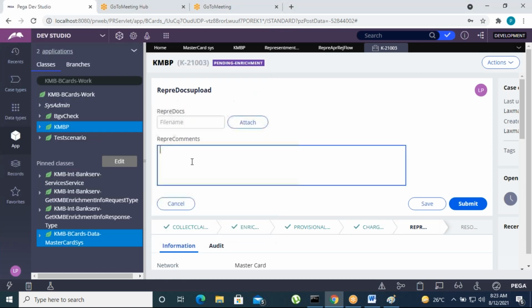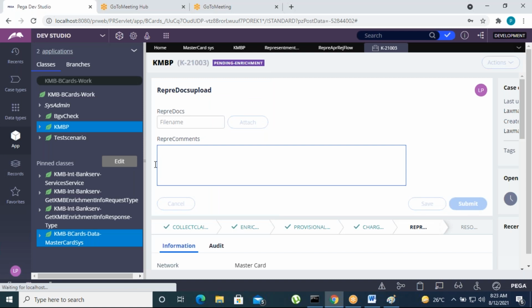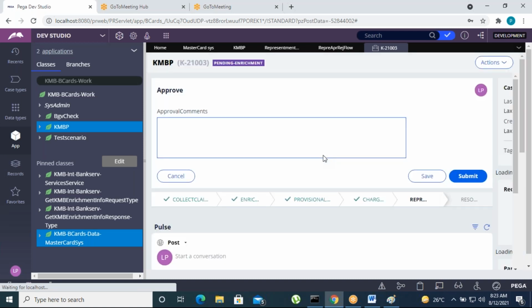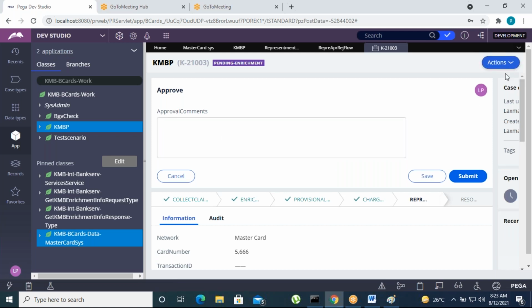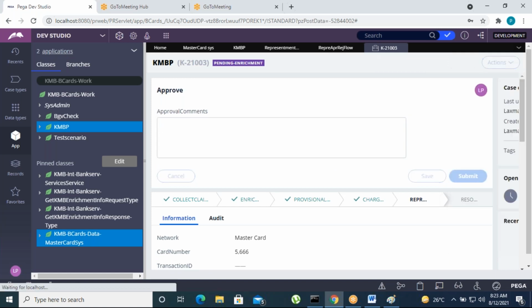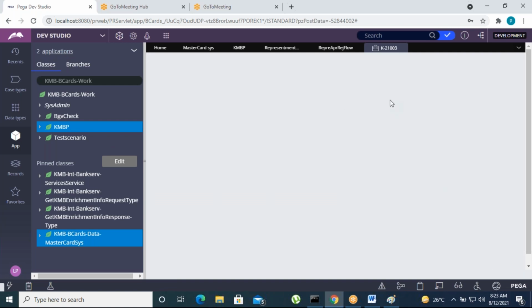Then the repre comments and click on submit. The next step will get the repre approve or repre rejected. If it is repre approve, then if you click on reject, we'll get some repre rejected here. Got it, right? I'm going to show you only for approval. The claim amount will be approved. The case will be resolved.